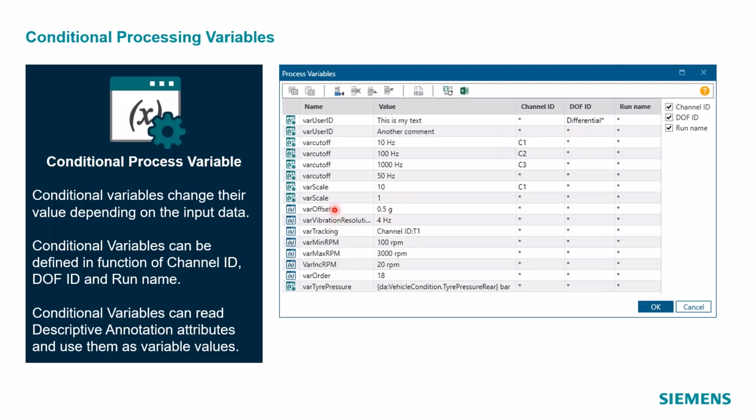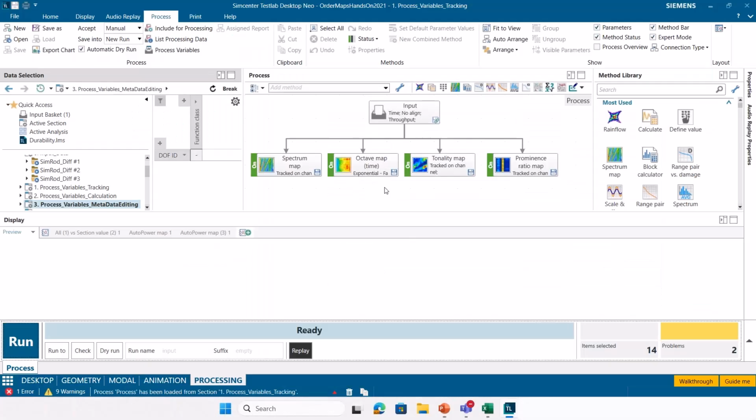And we can also create variables that have different values based on the run name. This really gives us a lot of flexibility to do all sorts of calculations or processing within Test Lab using these different variables. I'll just jump right into SimCenter Test Lab.